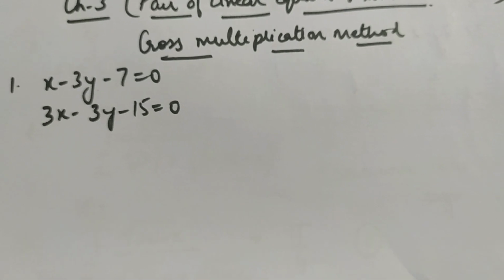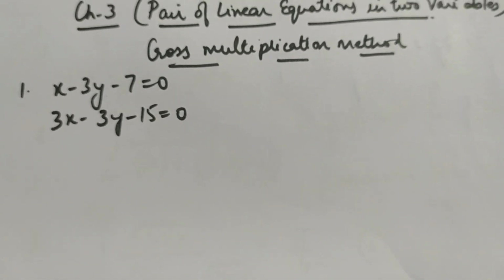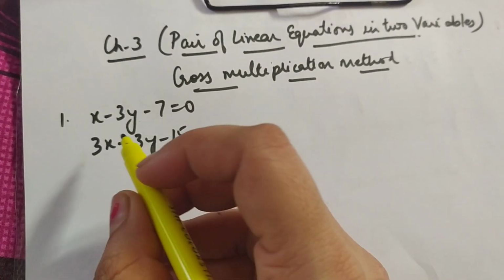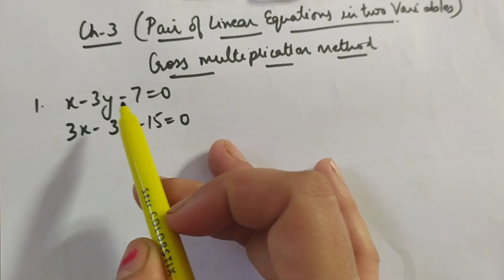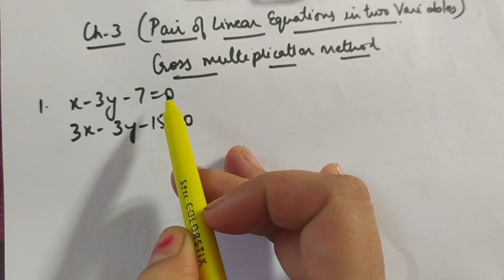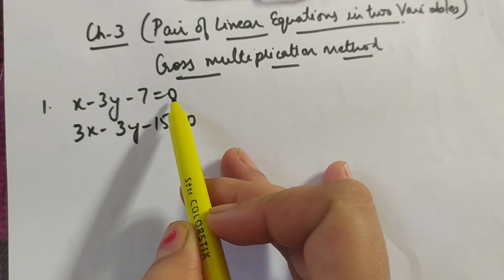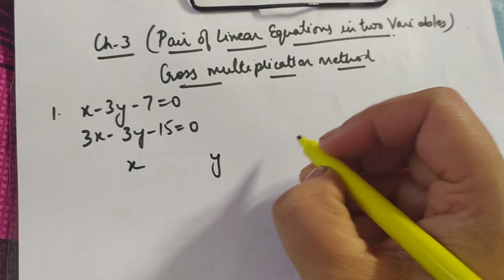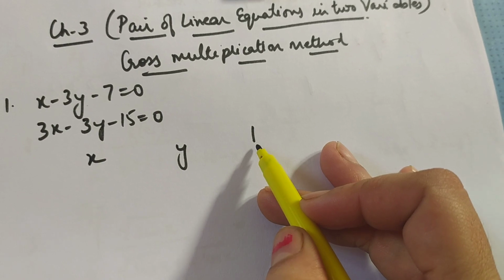See, in order to solve this method, you have to keep one thing in mind: whatsoever variables are used in the question, you will write here. First of all, like in this question, x and y are there. The main condition is that the whole equation should be equal to 0. That means all the constants and all the variables should be on one side and 0 on the other side. So here x and y, I'll be writing here, 1, and then comes my 1. Here always you will write the constant 1.